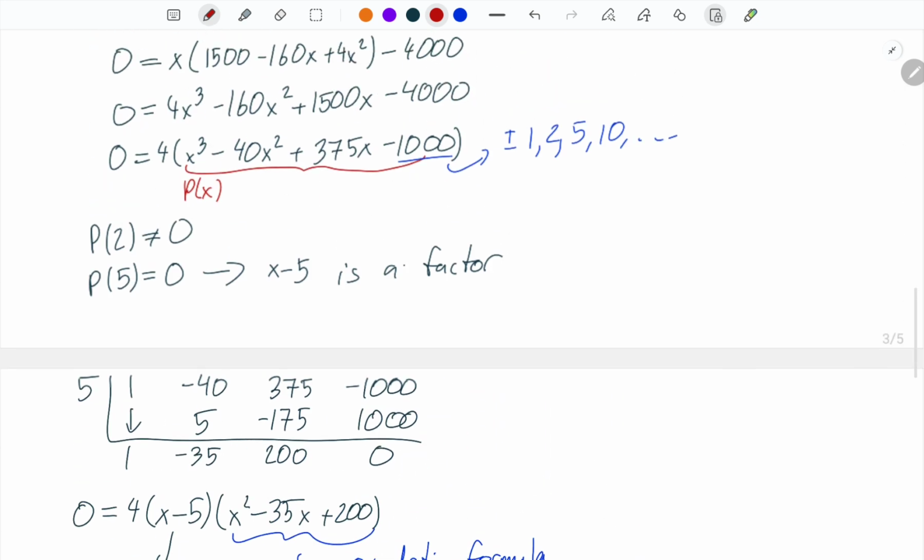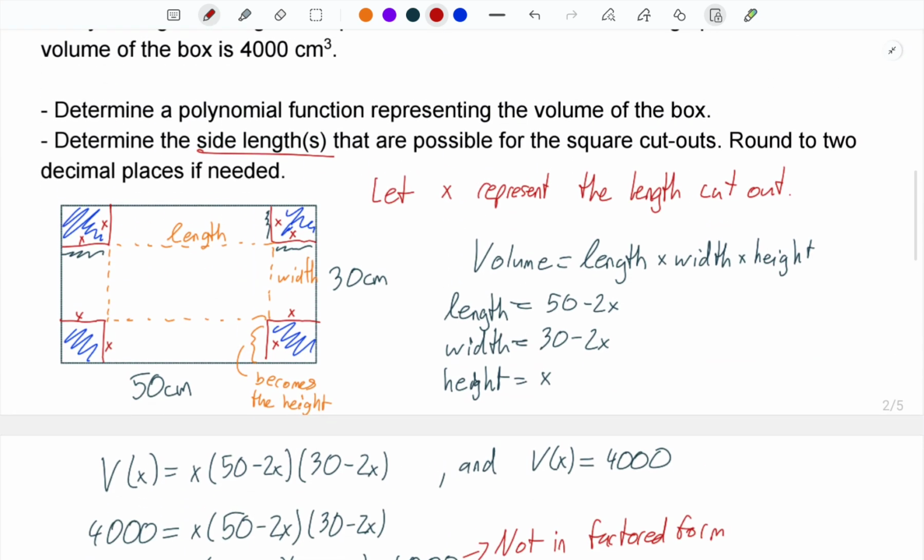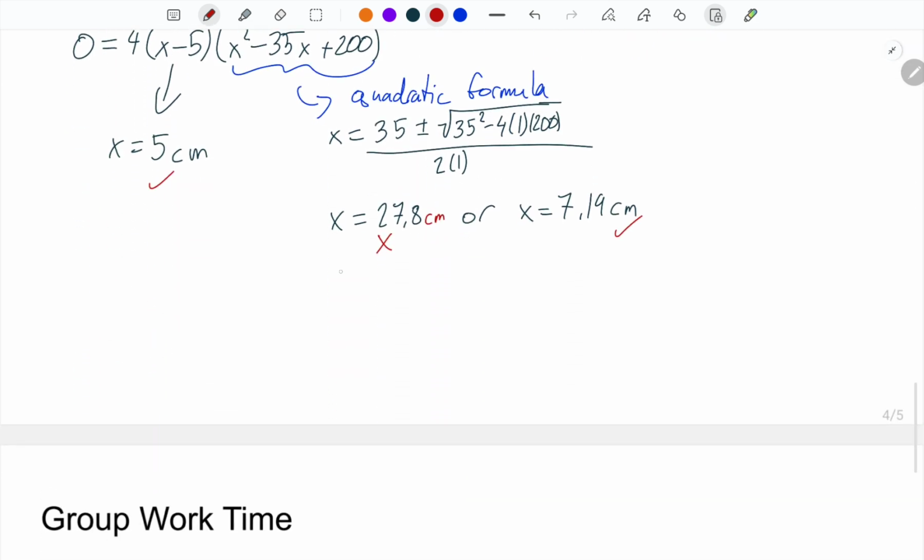Because if we go back to the original situation, we have this rectangle. If we're looking at, let's say, the width itself is 30 centimeters. You can't cut out 27 centimeters from the top and the bottom. Otherwise, that's going to overlap. So that's not going to work. So we can't cut that from both sides. So therefore, we can cut 5 centimeters